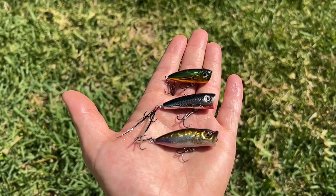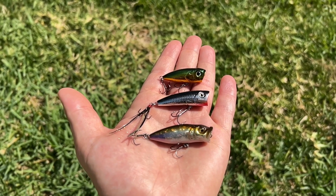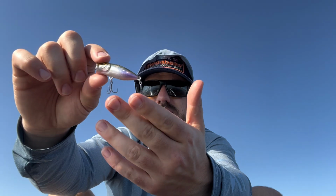And then to blend those two together, and my personal favorite, this is the Megabass Baby Pop X. This is the largest bait of the 3 that I'm going to talk about today. It comes in at 50 millimeters, so about 2 inches. These hooks don't come on it. I put on these size 12 hooks because I'm fishing it on a lighter weight BFS combo,